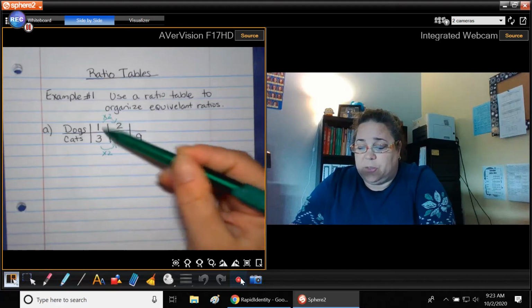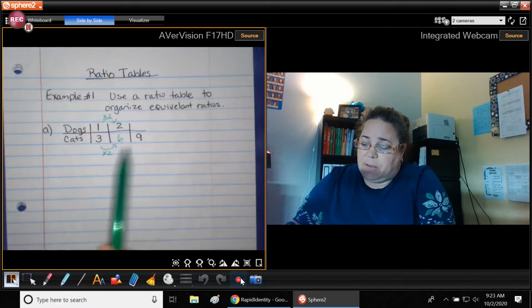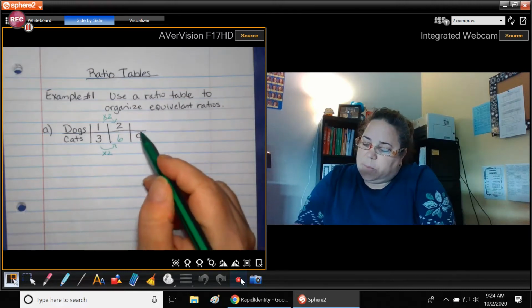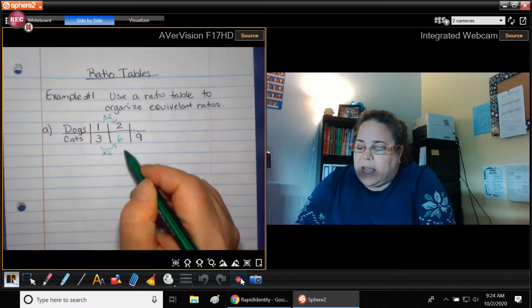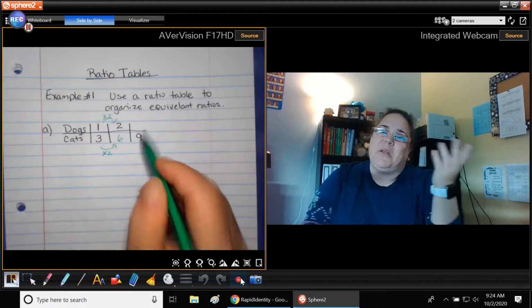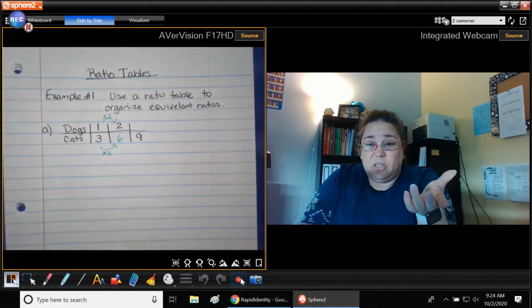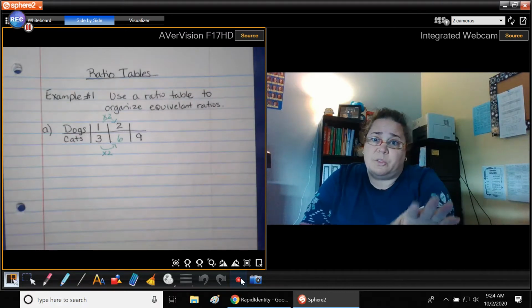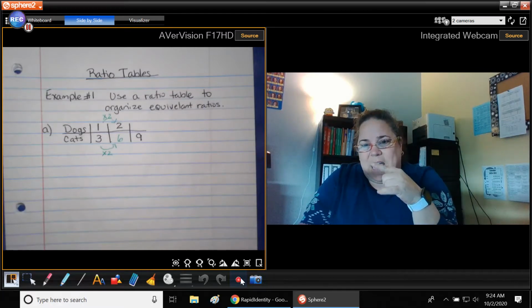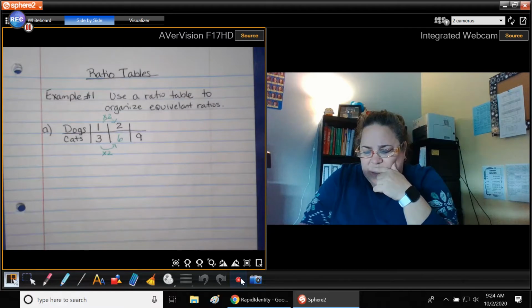And if you look at those two numbers, you see they're equivalent because if I reduced, I would come to 1/3, wouldn't I? Okay, now this last one might be a little trickier because I can't multiply anything to get from 6 to 9. Right? There's no number that I could multiply. Maybe if I were doing decimals, but we're not doing decimals yet. We will. Eventually we'll do this with decimals, but right now we're not, okay? So I'm not really able to work from left to right with that 6 to 9 that way. So I have to think, how else